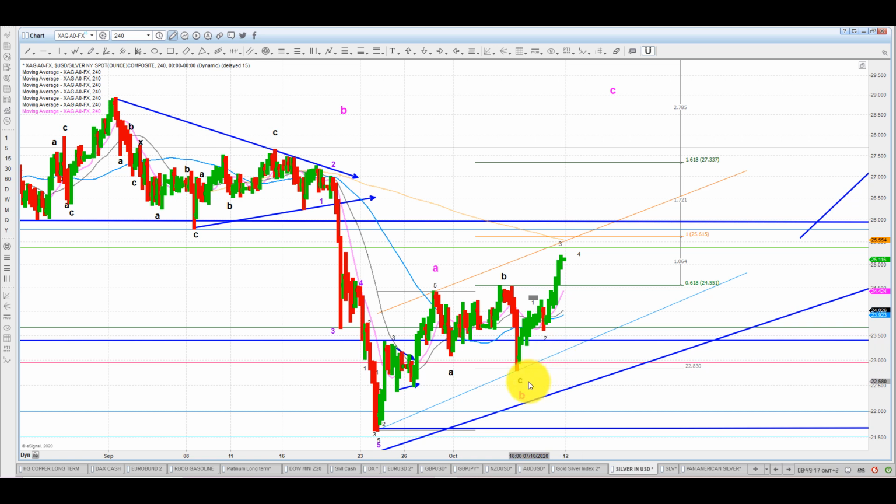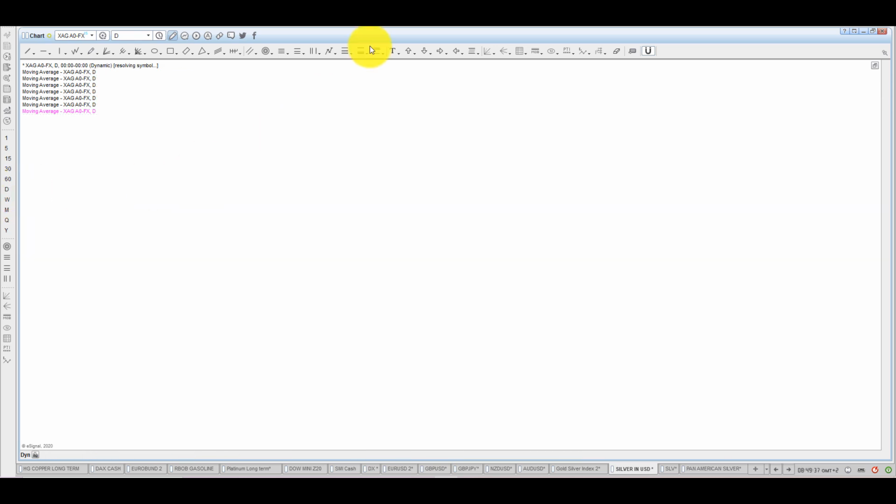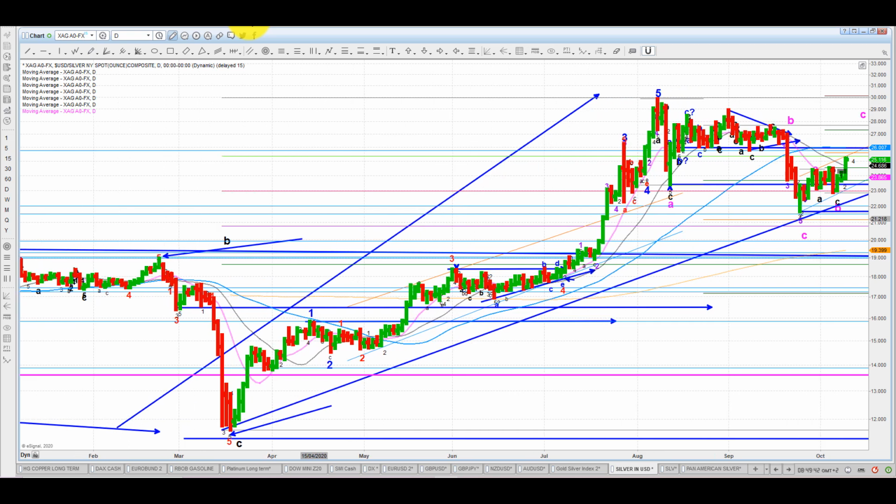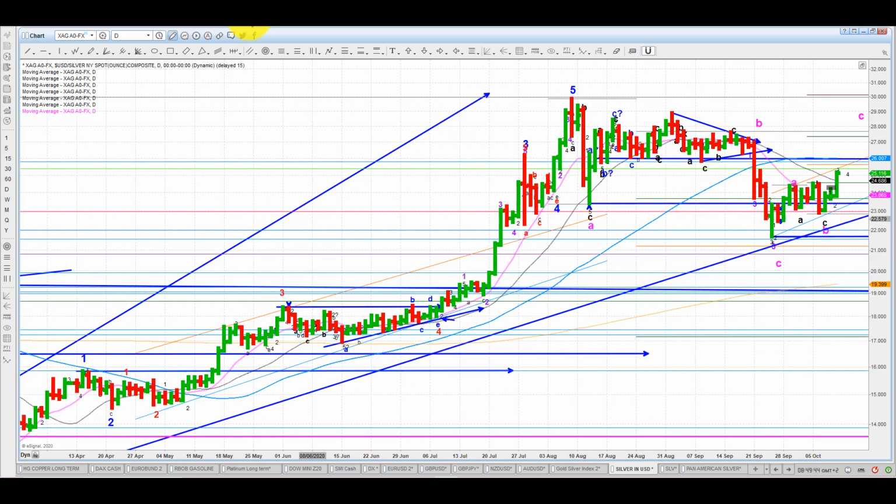If we go for an equality between the C and the A, we are going to 25.61. If we go for extension, we're looking at 27.33. Okay, I will not be surprised at all to see an extension. That's looking very good. Let's take a look at the daily here. That's looking very good, and we have seen